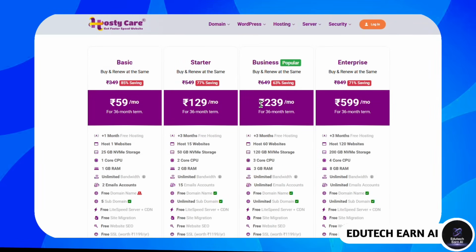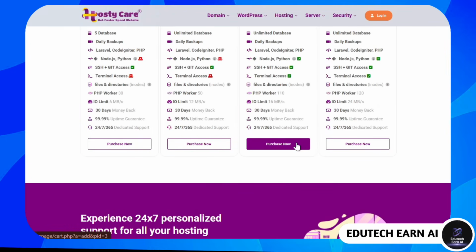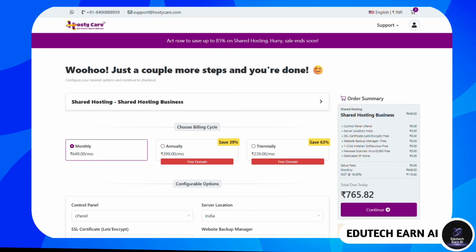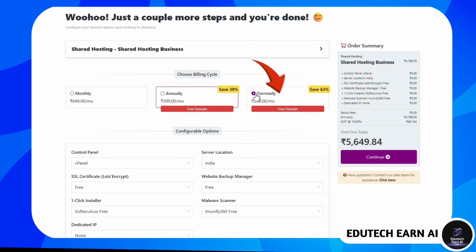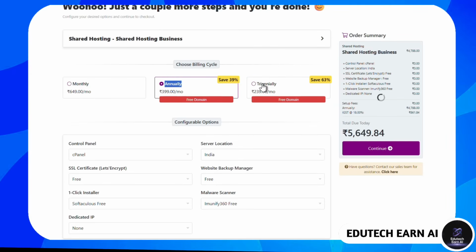After coming to the website, choose the business plan and click on the purchase button. Now search for your domain name and click on continue. Then select either the annual or 10-year plan, because with these plans you will get 1 year of domain absolutely